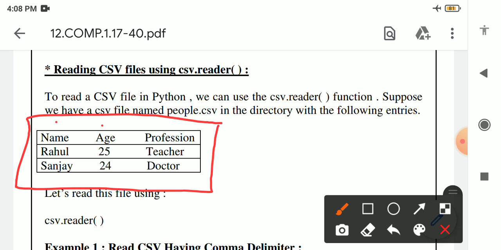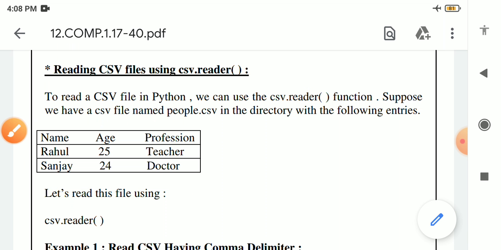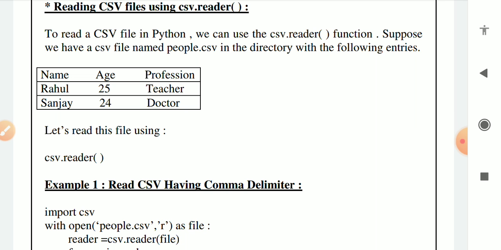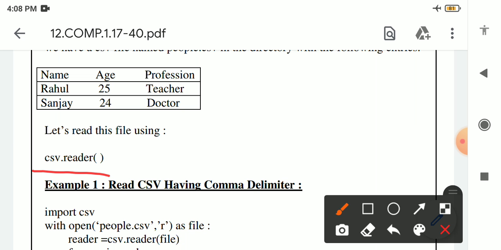We will read this content with the help of the reader function, and csv is the name of the module. So csv.reader. Let's read this file using csv.reader.